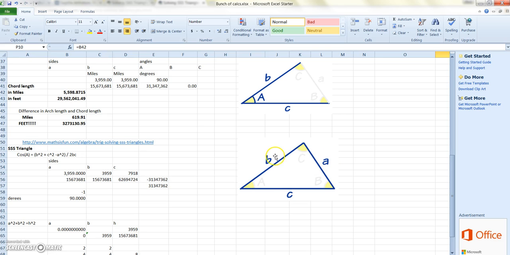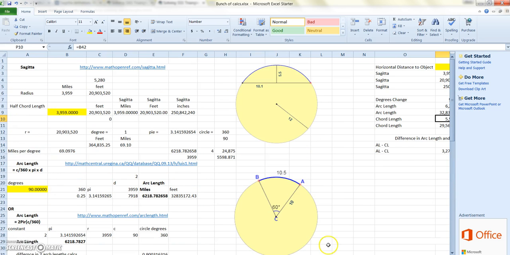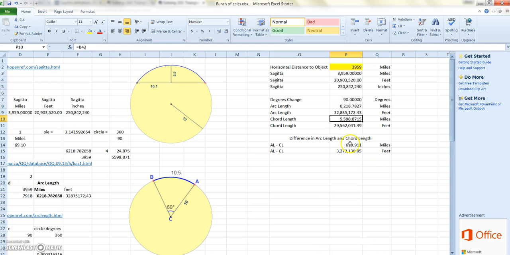If I take that formula here, cosine A, and so on, I can figure out what this degree is. That's what that formula is there. It gives me 90 degrees. So I know I'm doing this all right. I know my calculations are right. And so we have a difference of 619 miles when we're going from the top halfway across the Earth at a